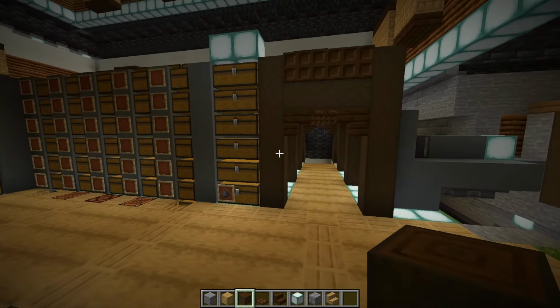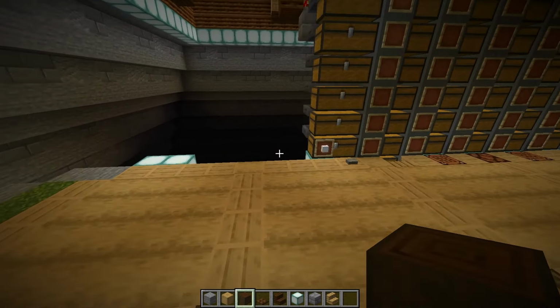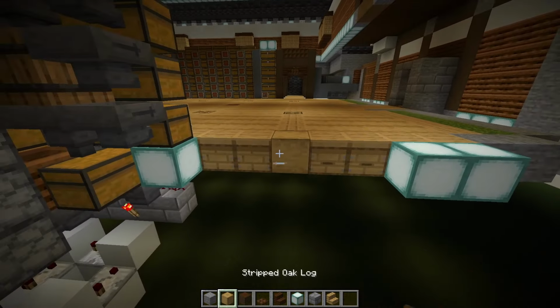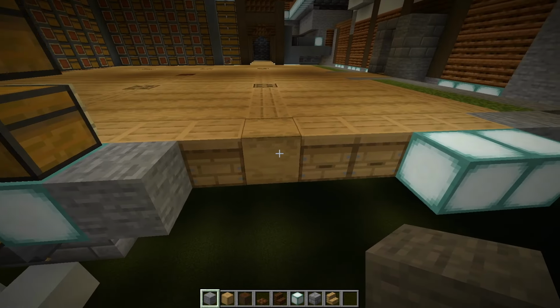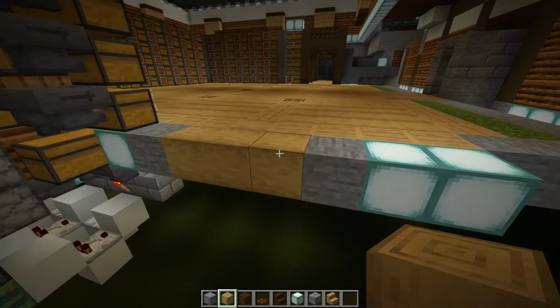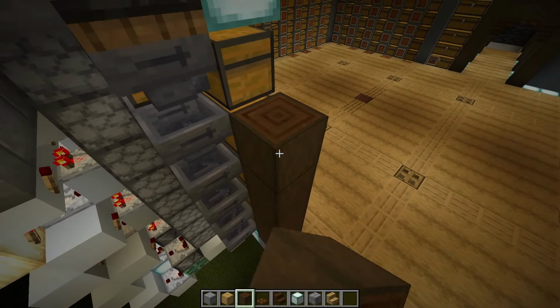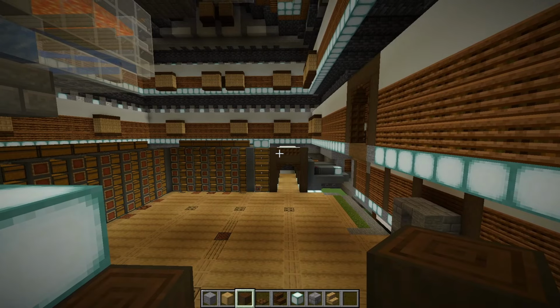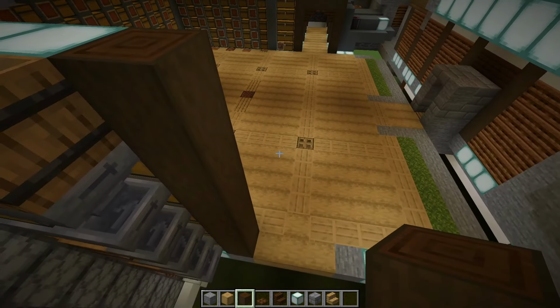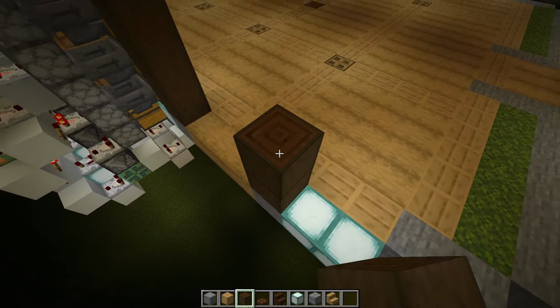So if we look over here, you can see we've got this archway. We're going to build a matching one on the opposite wall. So we're going to begin with a stone block there, then skip 3 blocks, place another stone, and then 3 stripped oak logs. Then on top of the stone, we're going to go 1, 2, 3, 4, 5, 6. So now it's the same height as that one, but we're going to add an extra log on top, so it's 7 in total. So 1, 2, 3, 4, 5, 6, 7, and then we'll put our crossbeam right here